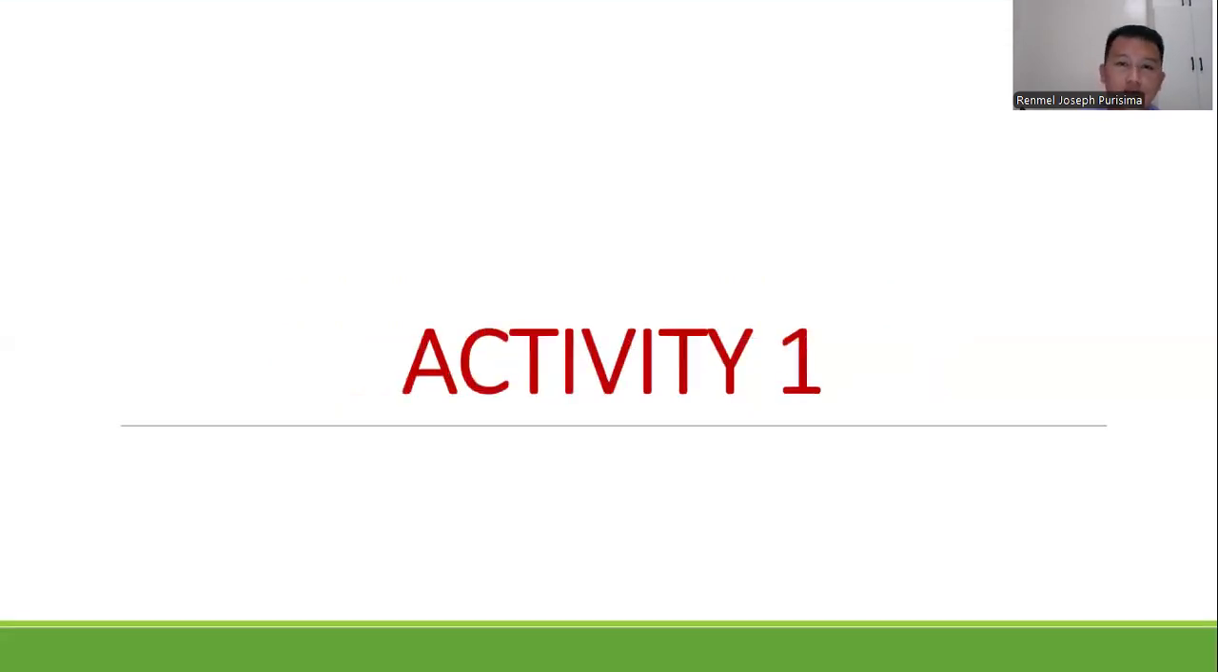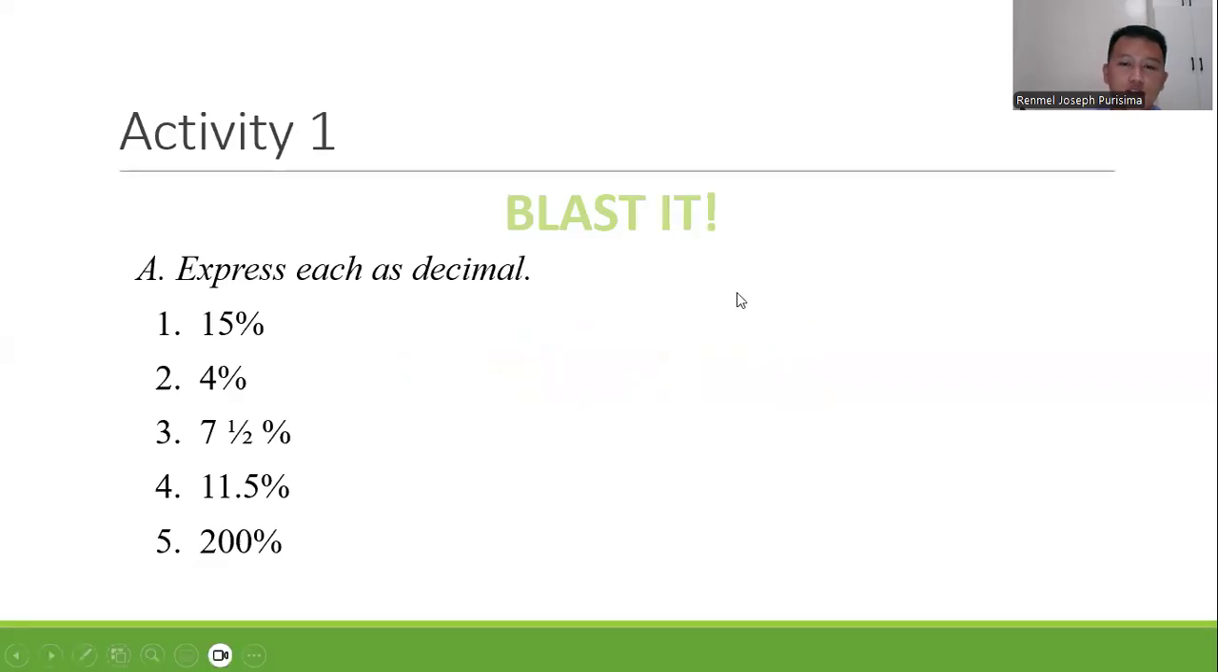Let's have first a simple activity which is very helpful later on as we delve into the different problems, because we need to express the rate, the percent, into decimal form. In order to express percent as a decimal, we simply move the decimal point two places to the left. First we have 15%. Since it is a whole number, moving the decimal point two places to the left leads us